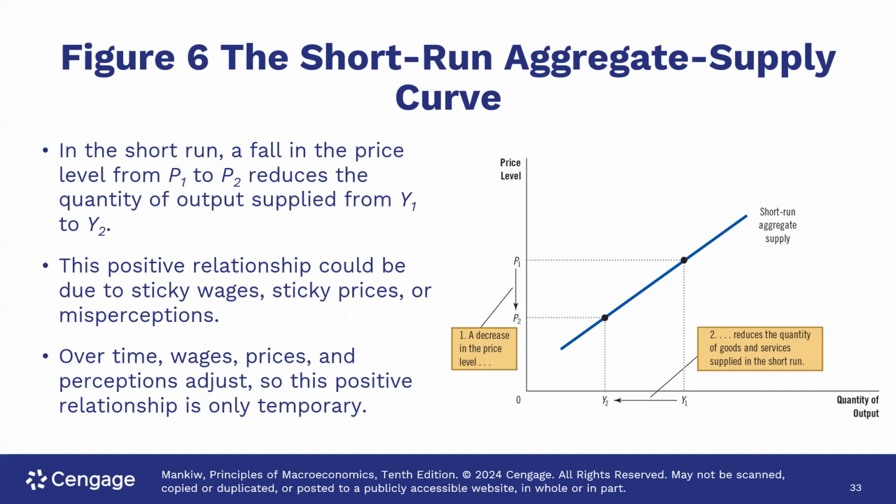Eventually, those contracts, those sticky wages will be adjusted. The final prices will be adjusted, and all those perceptions will be revealed by what happened in the economy. So in the long term, all those